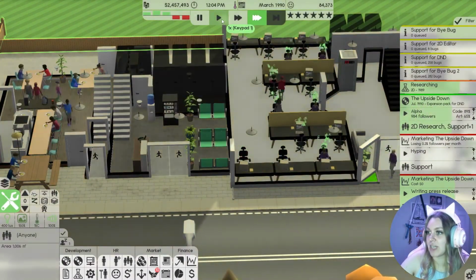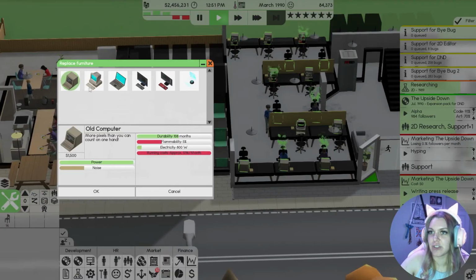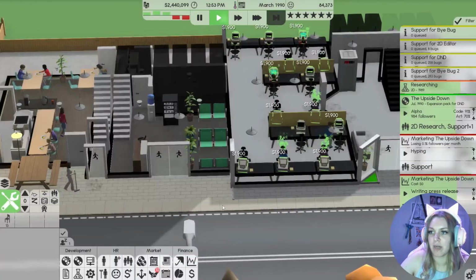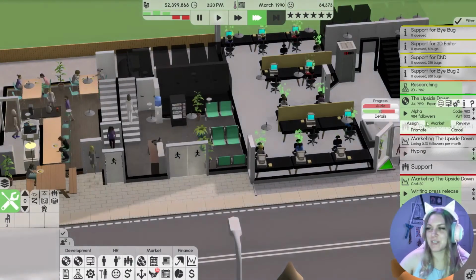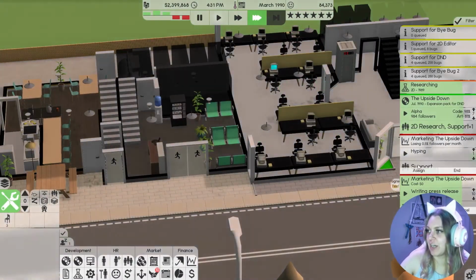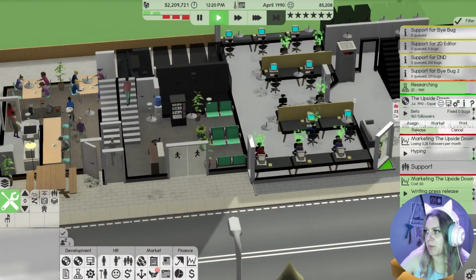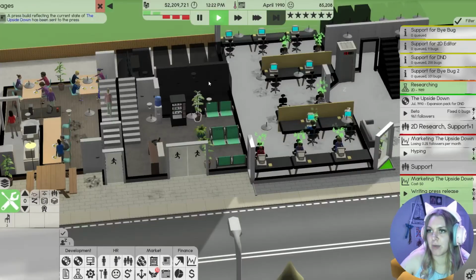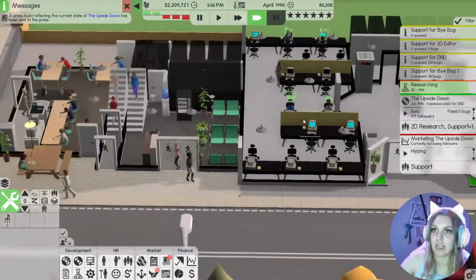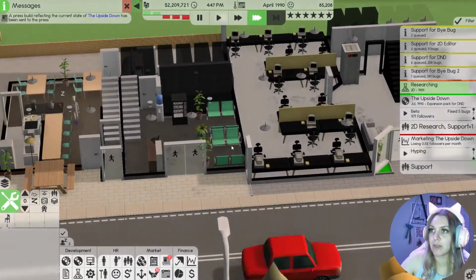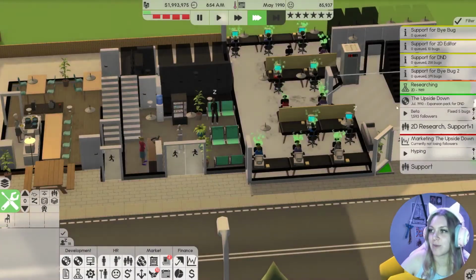It is March 1990. Can I upgrade these yet? Let's also just replace all of our computers with the better ones. We'll do that for every single floor. And look at that, almost completely finished in a whole month, which is awesome. That's what we love to see. We'll go ahead and promote it. We'll do a market, we'll submit a press build. We'll release that for today, and that's going to slowly increase our followers. And then tomorrow we should see it pop up like crazy. Yeah, that's what I'm talking about.